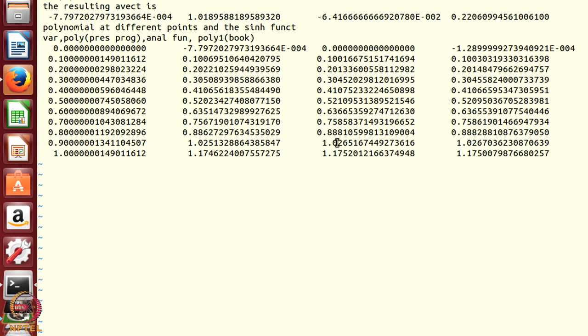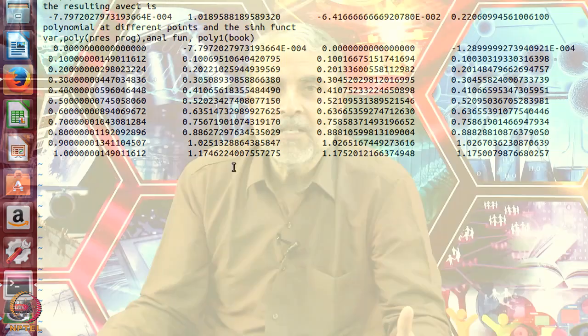But still this is how we got a fitted function. In this case I knew that the function was an analytic function. When I do not know whether it is an analytic function, I can fit using my programs and get a fitted function. What is the advantage of this fitted function? I can use it to integrate. Suppose I want to integrate the fitted function using Simpson's rule, I can easily do that. I can calculate derivatives. I can do many things once I have a fitted function.